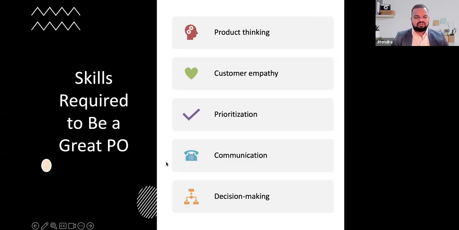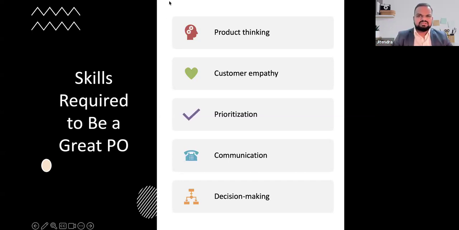Next one is a good idea on prioritization. So again, we use MoSCoW, we use the WSJF model. There are various techniques. So you need to have a good understanding of value trade-off. As in, a new request is going to come. So do we really need to work on that right now, or should we do it later? So again, having that kind of decision making.